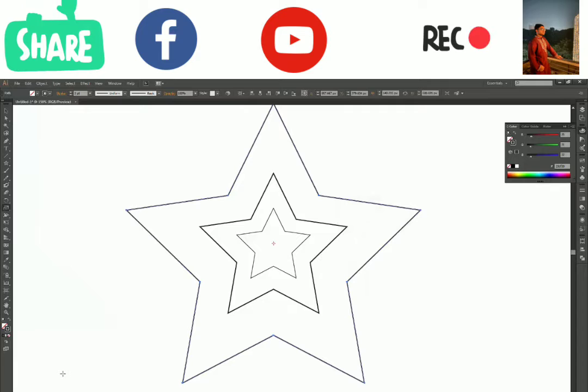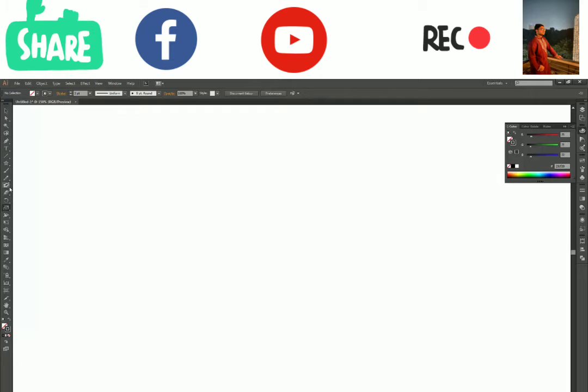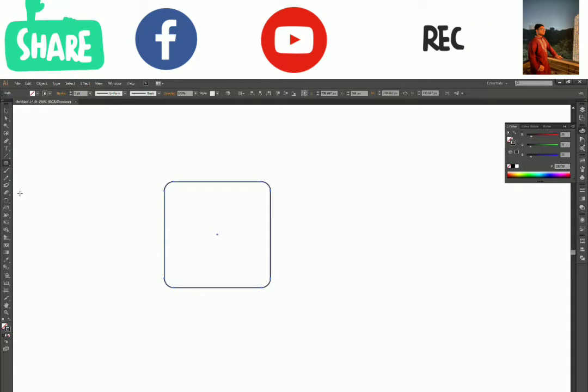Now let's see our next tool, which is shear tool. So let's delete all of these shapes and create a rectangle instead, or create a rounded rectangle. Okay, so I'm pressing shift to have a perfect square, and now you can click and hold on the scale tool to get this sub panel window, and now you have the shear tool. Unfortunately, there is no shortcut key for this, so you have to manually select it from the toolbar. So click on shear tool and you have your tool selected.